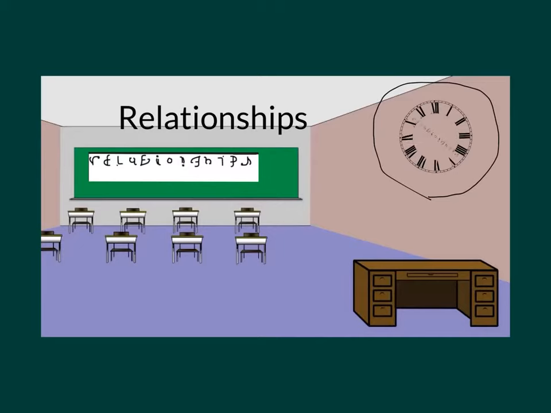Let's go back and look at our clock for a second. The hand in our clock is an ambigram for the word relationships, meaning it is a word that looks the same upside down as it does right side up. If you have had poor relationship building techniques in your classroom for a long time, it's sometimes hard to see whether your relationships are upside down or right side up, whether you have a positive relationship or a negative relationship. Our creative minds here at Complex Cartoon Culture Conversations decided to plot this word on a clock for this classroom.